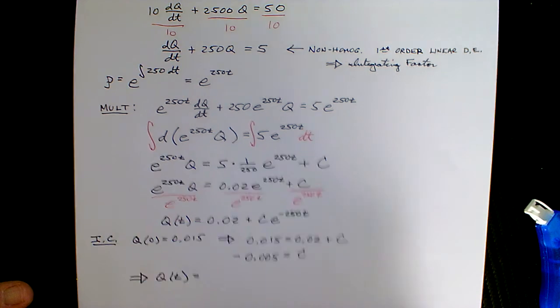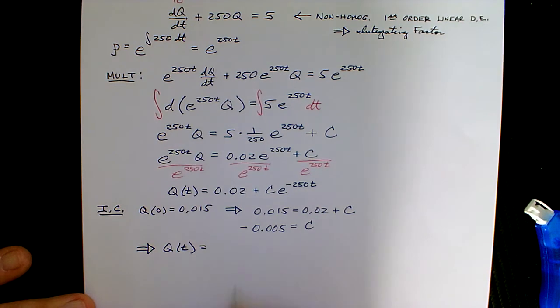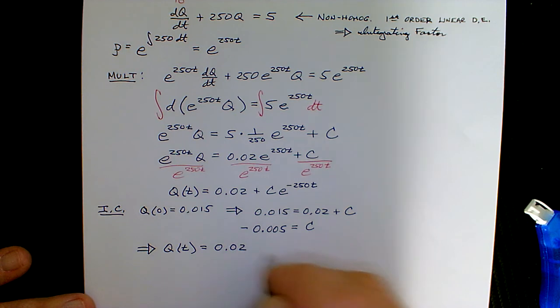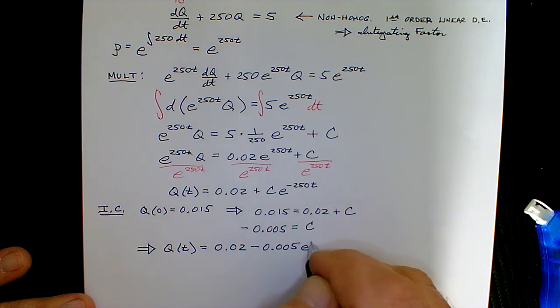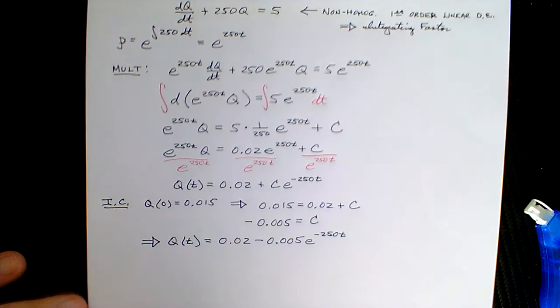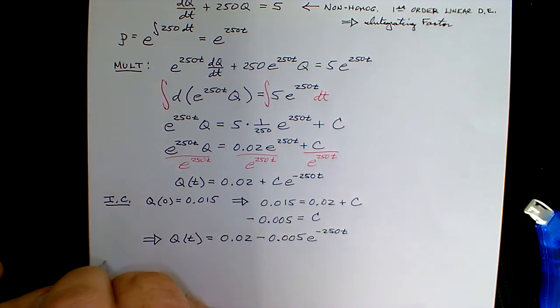So then that gives us our function, our charge as a function of time. Just substitute back in the negative 0.005 for c. So 0.02 minus 0.005 e to the negative 250t. Okay, so that's our charge, and then for our current,